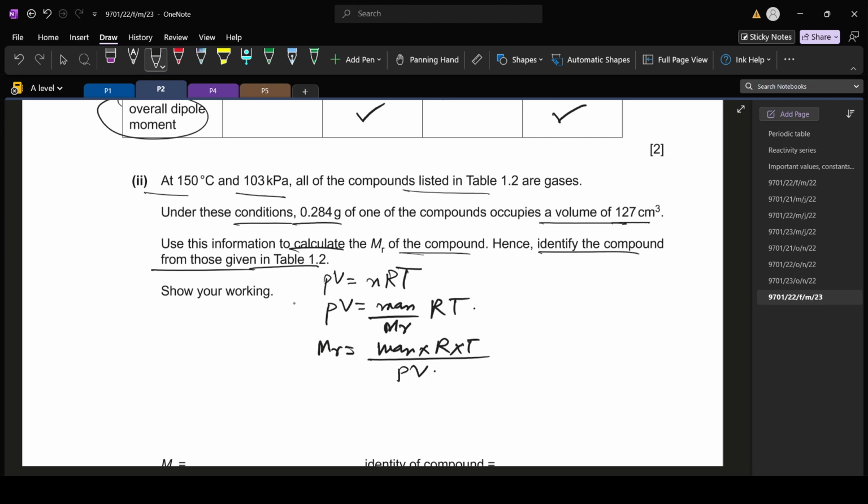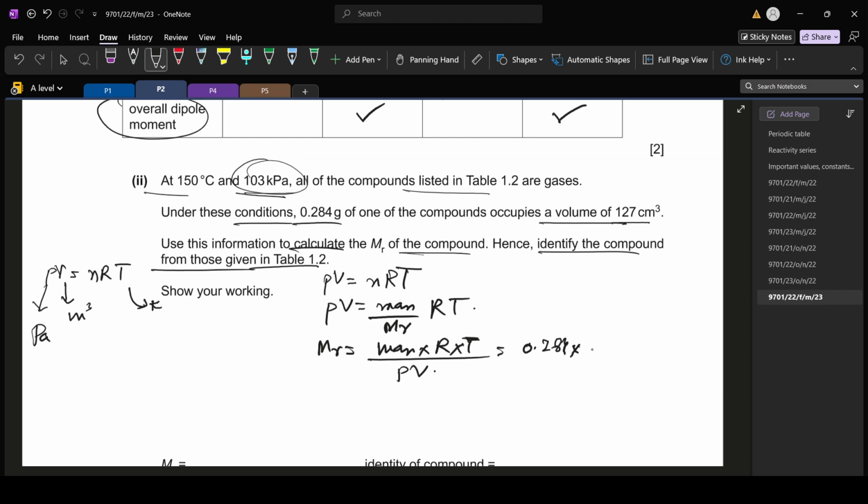Now you have to be very careful with the standard units. So for PV equals nRT, the temperature must be in Kelvin, the volume must be in meter cube, and the pressure must be in Pascal. But you can see that this pressure is in kilopascal. So the mass must be in gram. So mass is in gram